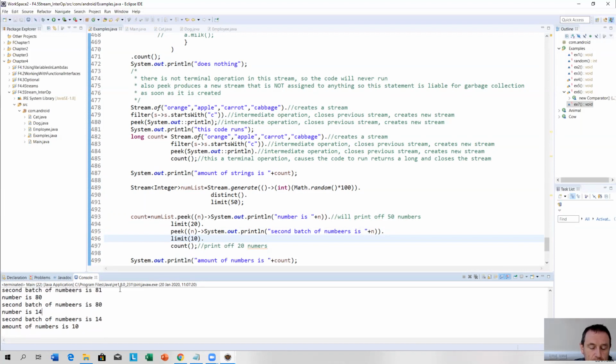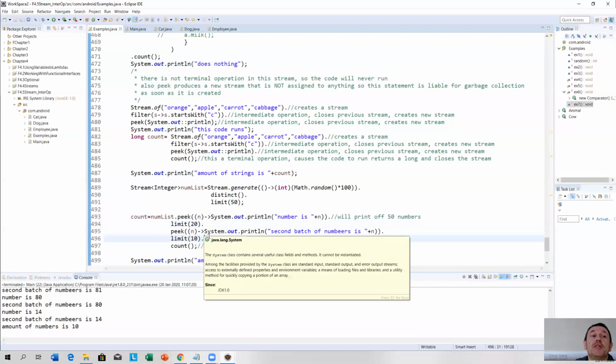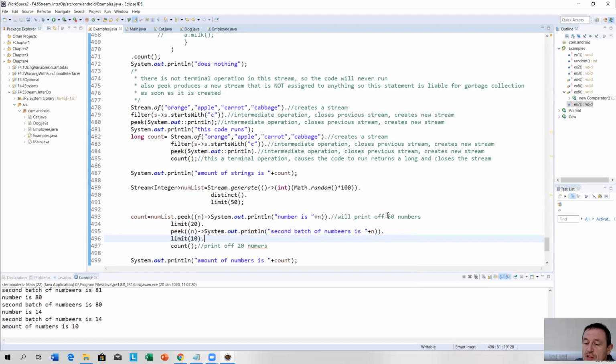Okay. Now, what's actually happening there is the following. So peek, now that has the potential to print off 50 numbers, but we limit it to 20. Now, peek, that has the potential to print off 20 numbers, but I limit it to 10. That means only 10 numbers will be printed out. Okay, so this one here is potential to print out 50